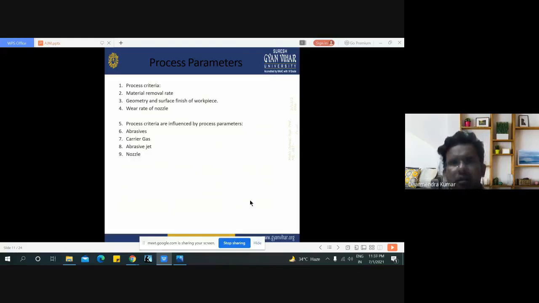These are the process criteria, and process criteria are influenced or affected by these process parameters like abrasive particles, carrier gas, abrasive jets, and abrasive nozzles. These 4 points are responsible for the geometry and surface finish of workpiece, wear rate of nozzle, and material removal rate. We can say that